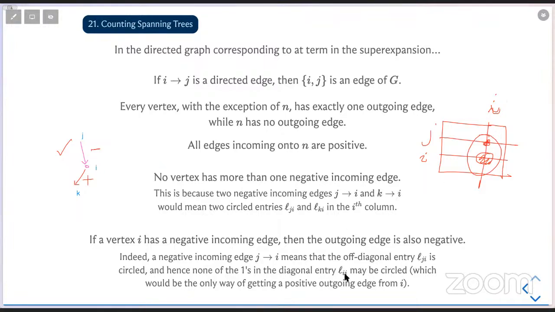So that picture is a much nicer version of the same thing here in text. So you've picked two things from the ith column. That's not feasible. If you have a negative incoming edge, then you must get out on a negative outgoing edge. And hopefully all this is building some intuition for what things that are not spanning trees look like, and